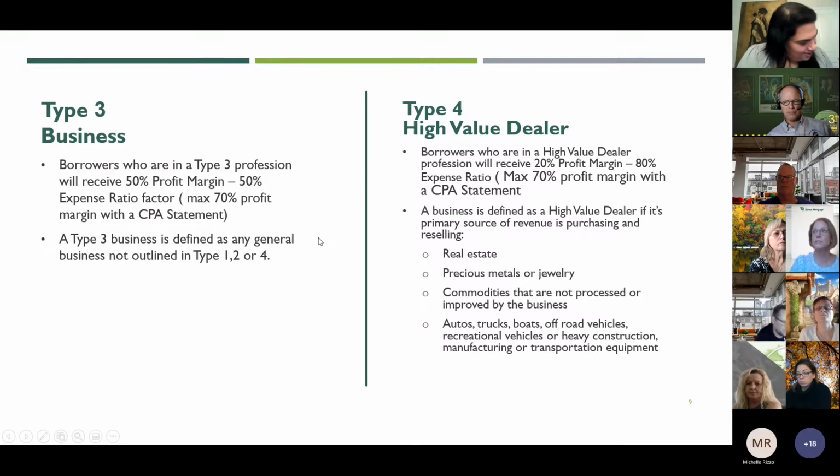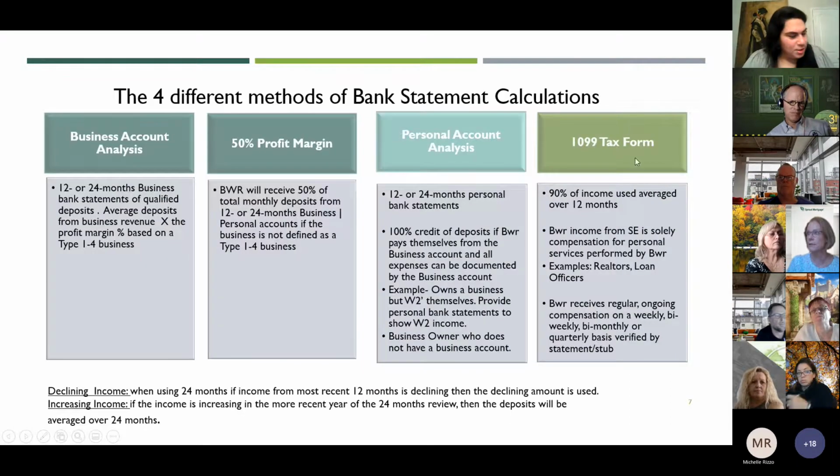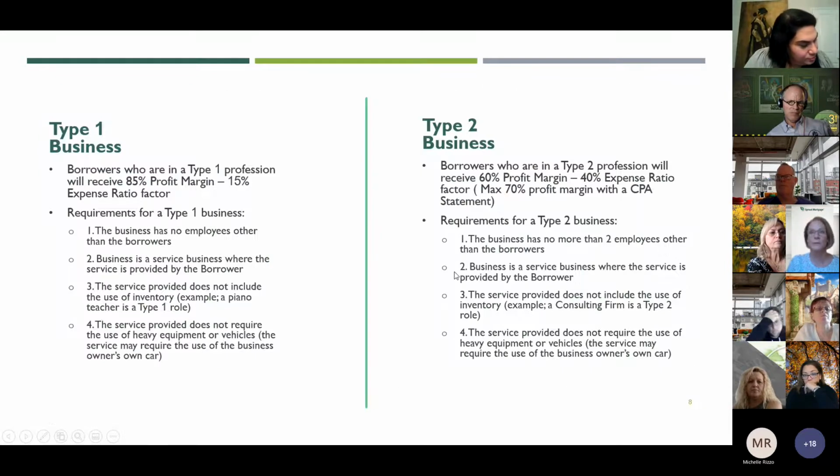So, questions on any of the types of businesses? These are easy. People that work from home. This could be a realtor, right? But they're 1099, so they're going to fall into our 1099 bucket. That's here. These are for smaller businesses. Like I said, I'm trying to think of other businesses: bookkeeper, tutor, piano teacher, guitar teacher, anybody that goes out